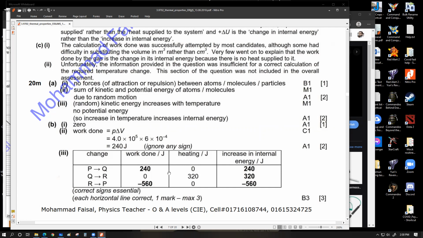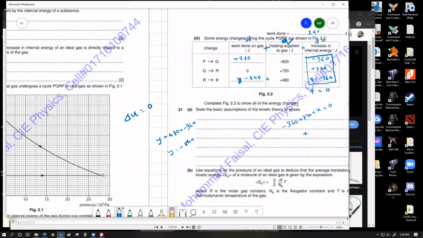If you check for all the rows, 240 plus 0 equals 240, 0 plus 320 equals 320, minus 560 plus 0 equals minus 560. So for all the horizontal rows, first column plus second column equals third column makes sense. For the third column altogether, the total sum of these three numbers is also 0, which is also the logic of how this problem is to be solved. But because they messed up the numbers over here, all of these other numbers are also showing up different. The actual question had